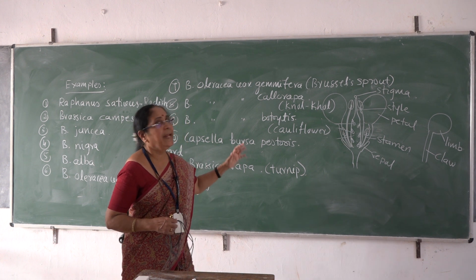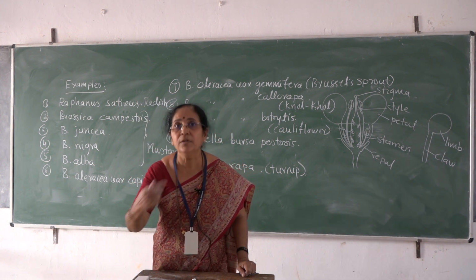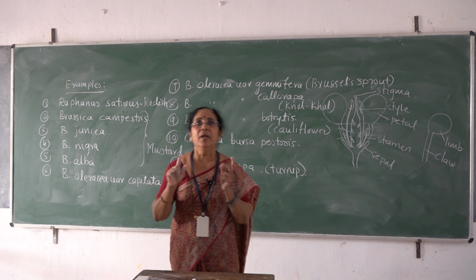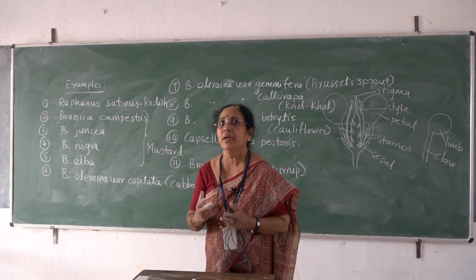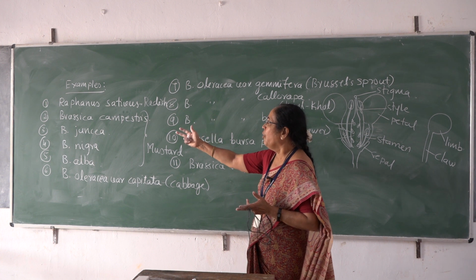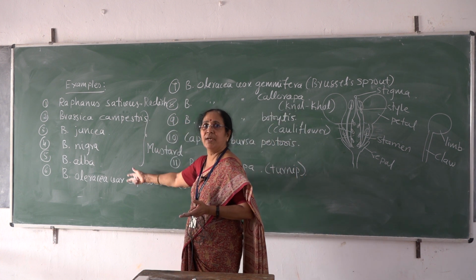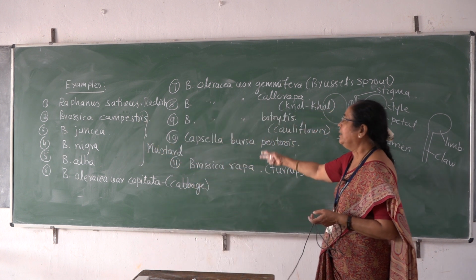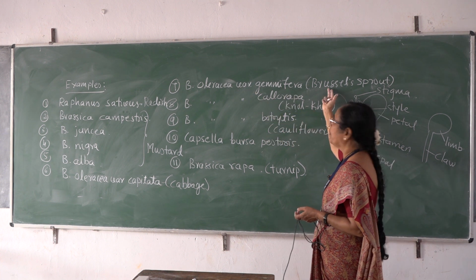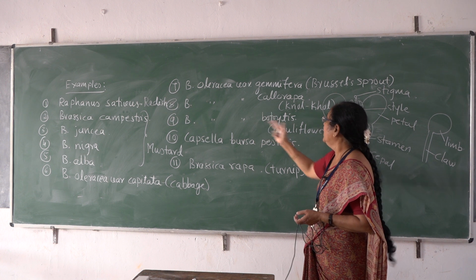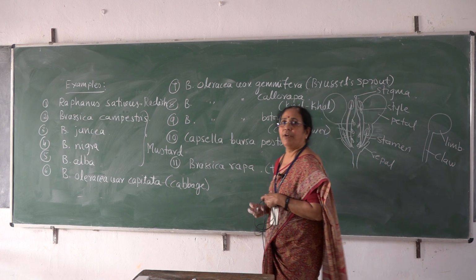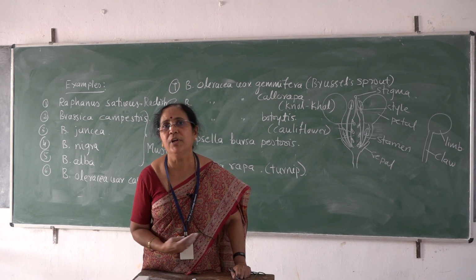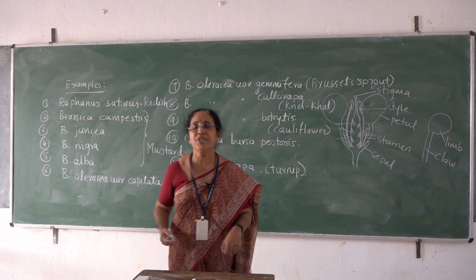And the names of the plants also, repeatedly you read, pronounce the genus and species name very properly, very accurately, so that you can remember the name. Write the common name in the bracket so that you can remember: radish is called Raphanus, or the mustard belongs to all these species here, Brassica nigra, Brassica campestris and so on. The turnip is called Brassica rapa, and Brassica oleracea variety gemmifera is Brussels sprout, knol-khol is caulorapa, and botrytis is the cauliflower, and so on. Read the names repeatedly so that it is not very difficult to remember the genus and species names of these plants.